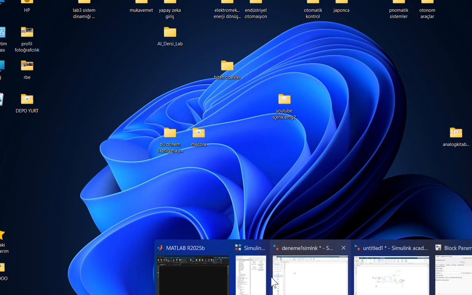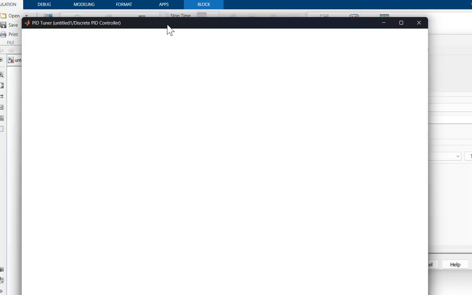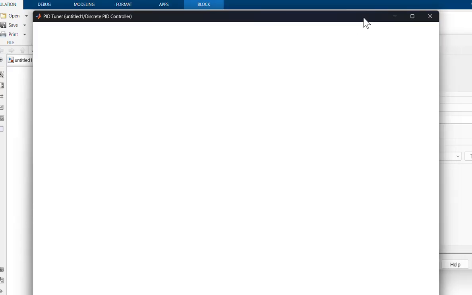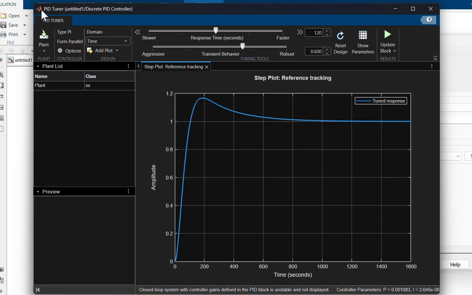PID tuner is in here. It's coming. Yes. Tune the parameters.